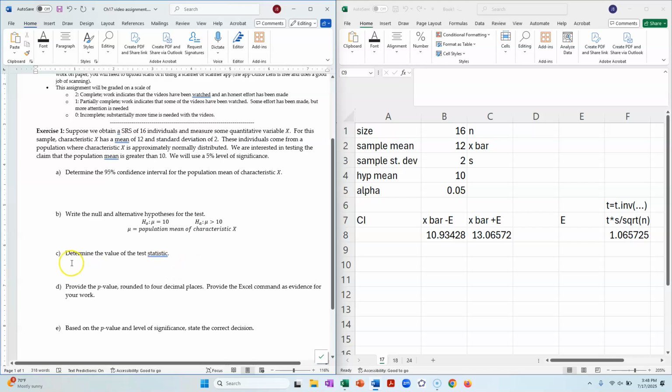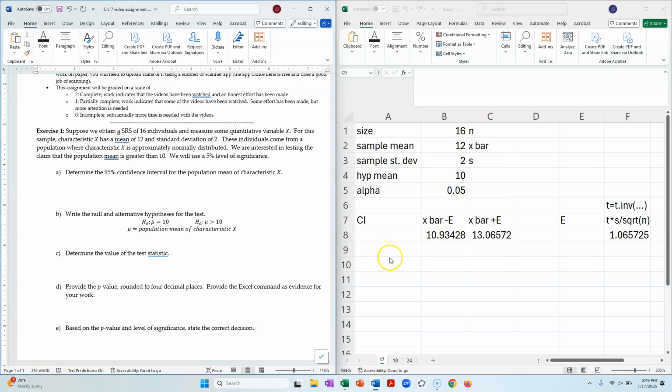Okay, now part C, it says determine the value of the test statistic. Technically, before we do this, we should verify conditions. So is sigma unknown? Sigma is the population standard deviation, right? Unknown. Yep. Good. Do we have normally distributed or sample size greater than 30? We have normally distributed. Approximately normal is fine in lieu of normality. If we see strong outliers or skewness, then we take pause. And then are the samples IID? Yep, we have an SRS. Okay, SRS gives you IID, and then we have the other conditions verified, so we can go forward with the